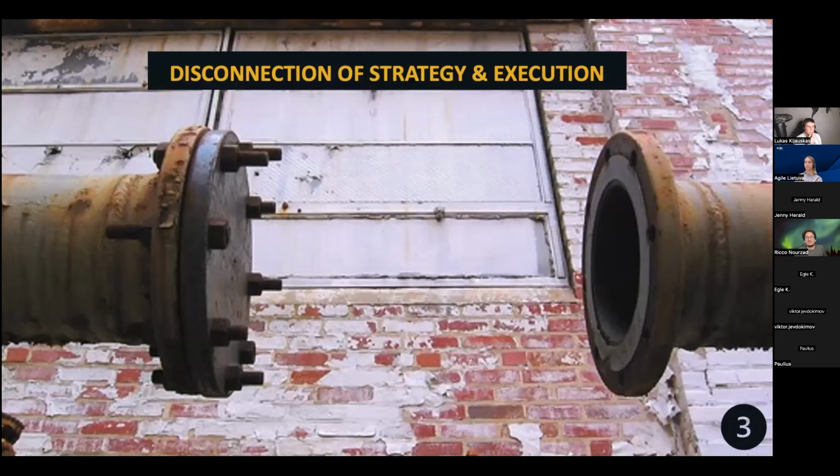Third argument is, let's say, built up on the second one, the disconnection of strategy and execution. Therefore, I do have a little story. I once advised a company with 120 people, and they approached me and said, Ricco, we want to roll out OKRs. And I said, great, how far are you? They told me, yeah, we do have a strategy document. It's about 14 pages long. And I said, great. What do the people, what does the team think about it? And they just told me, so CIO and CEO told me they're not allowed to see it.